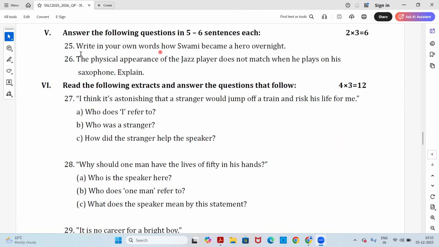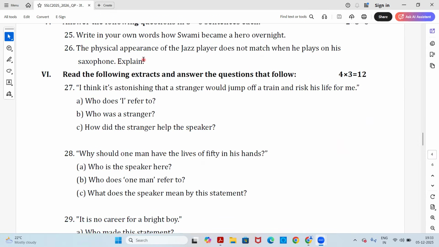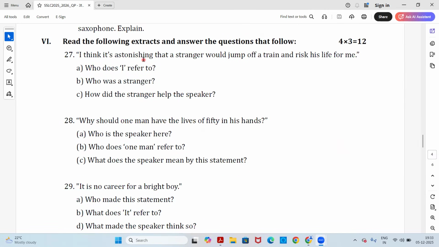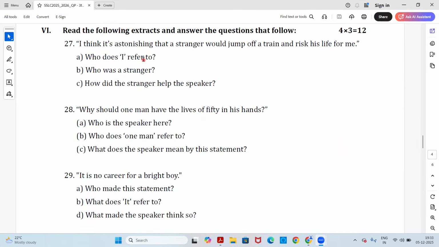Okay. So first question here: write in your own words how Swami became a hero overnight. And next: the physical appearance of the jazz player does not match when he plays on his saxophone. Explain. So now these are the questions from your textbook, which has your prose, poem, and non-detailed questions as